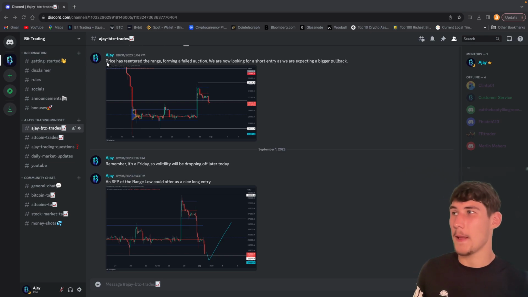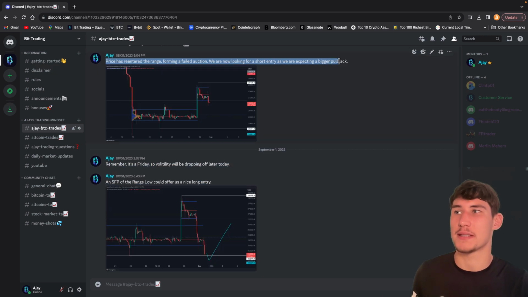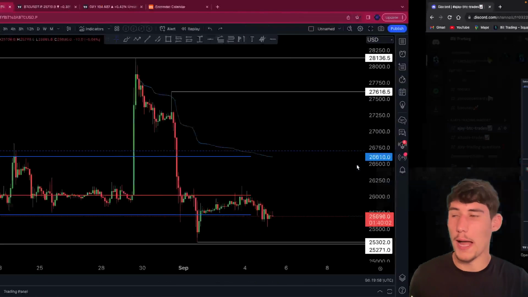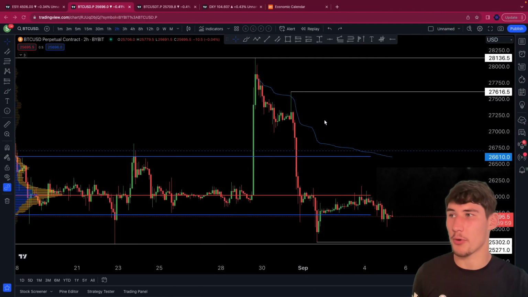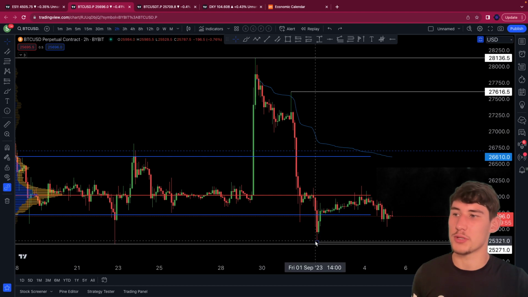One example is this one right here. Price has re-entered the range, forming a failed auction. We are now looking for a short entry as we are expecting a bigger pullback. Okay, so I was telling my team, we formed this failed auction right here, so we're looking for lower prices. What happened after I said that? Well, lower prices came. As you can see on the charts here, we saw a big pullback towards the downside,